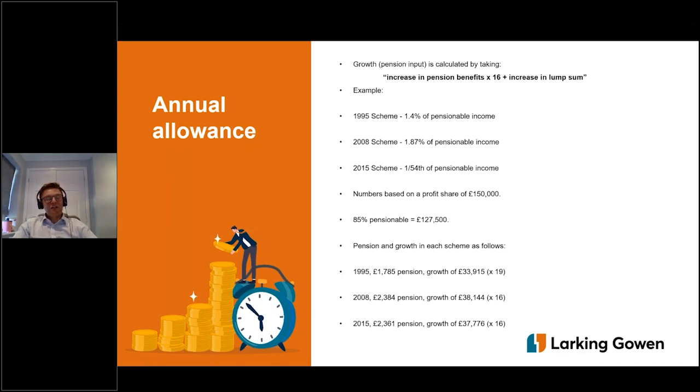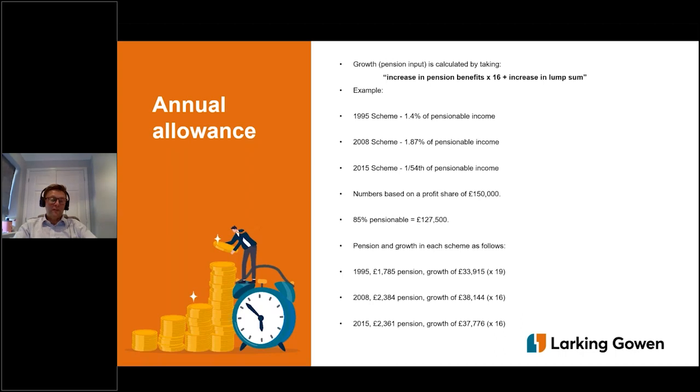So let's look at a scenario where a partner has a profit share of £150,000 for the year, and let's assume that 85% of that is pensionable. That would give you pensionable pay of £127,500. So in other words, we then move on to what your pension will be and what the growth will be in each of those schemes. So in the 1995 scheme, it's 1.4% of that pensionable pay, so £127,500 multiplied by 1.4% gives you an annual